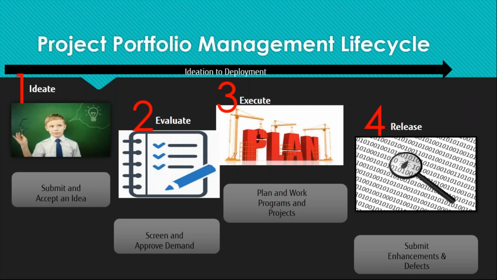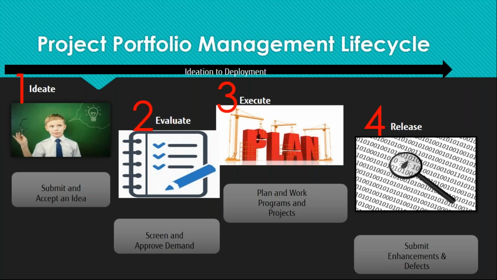And suppose we have to prioritize: there are 100 demands, but in this quarter, which is the most important, and without which demand there will be a loss, or it will affect our standards of profit margin. All those things are decided in the stakeholder meeting and the demand management meeting. And then a plan is set up for whatever demands have been chosen, on how to take them forward.